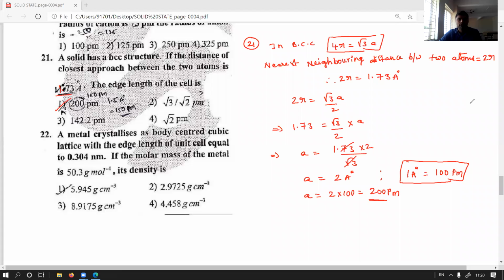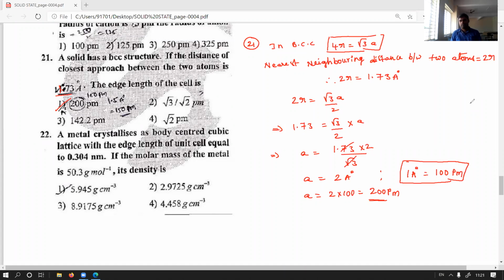Okay, understood? 21st question, what are they asking? The edge length in BCC, body centered cubic crystal. For that calculation of edge length, what hint did they give? The nearest neighboring distance, or closest approach between two atoms in BCC, the value they gave is